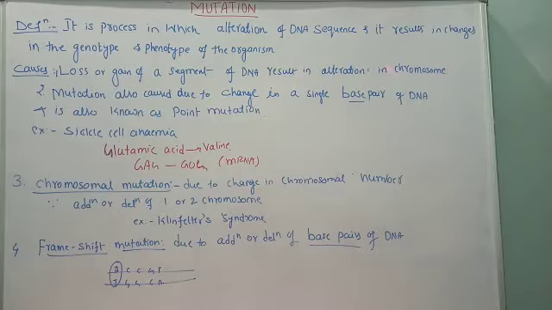So human beings have 46 chromosomes, but the haploid set is 23. If any addition or deletion of the chromosome or DNA takes place, the number of chromosomes is going to change. That results in changes in our body characters. Okay. And this mutation is also caused because of a change in the base pair.